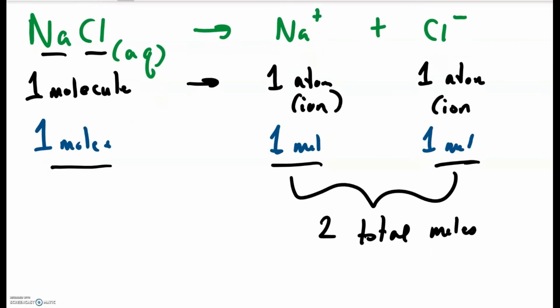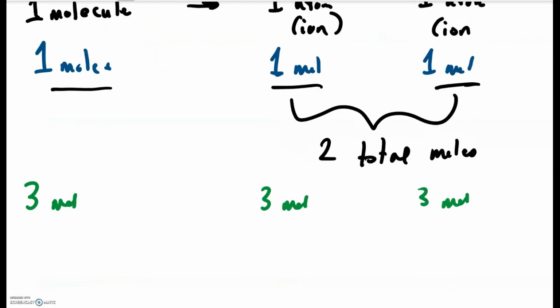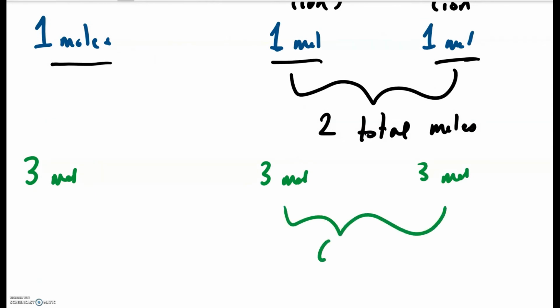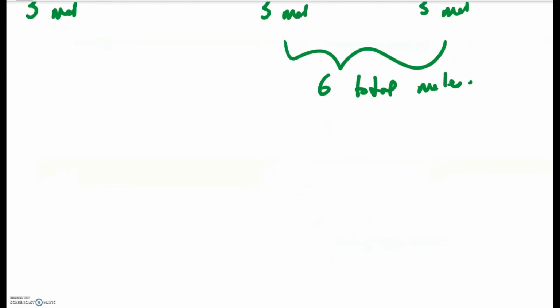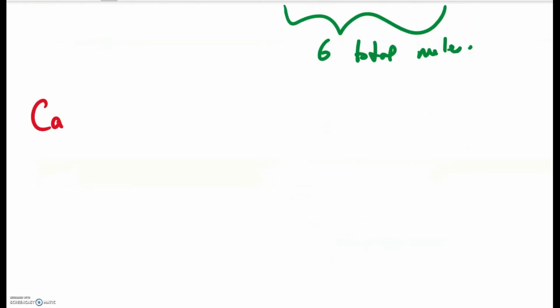If we were to do this with, for example, say 3 moles of sodium chloride, we would get 3 moles of sodium and 3 moles of chlorine for 6 total moles. And that's really the trick with dissociation. The only time it might get complicated is if we have a molecule that has more than 1 of a